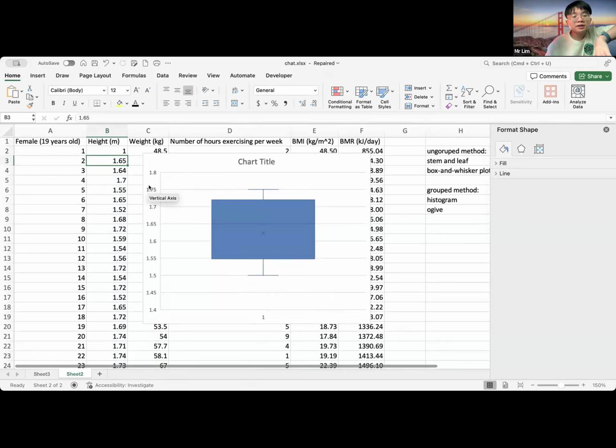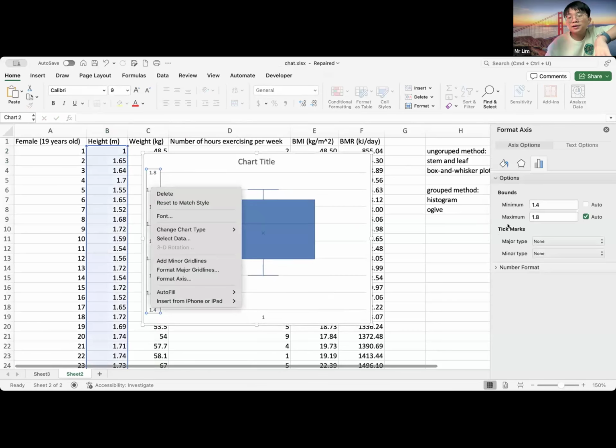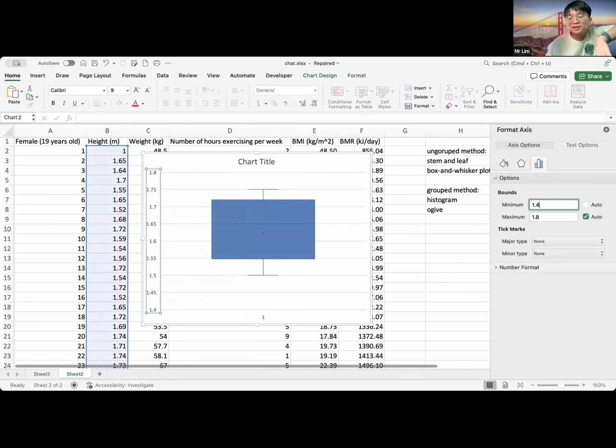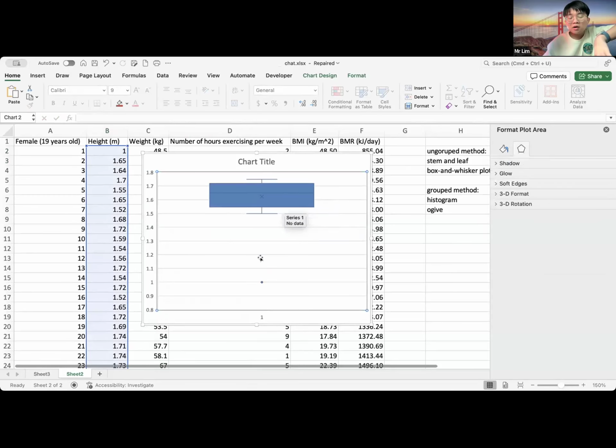Now you see it. Okay, again, let's make my axis minimum 0.8. Well, now you can see the Excel file actually gives you all the information that you need. For example, if I have a 1 meter, which is obviously an outlier, you can check that. How to check? At first, you have to find out your Q1, Q2, Q3, and then use the method that